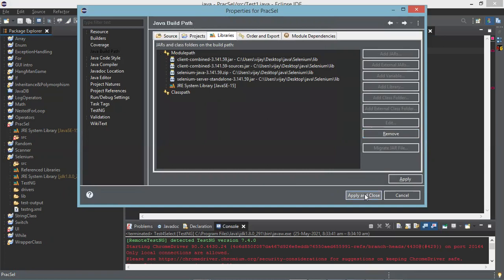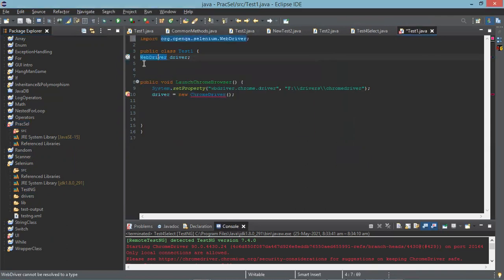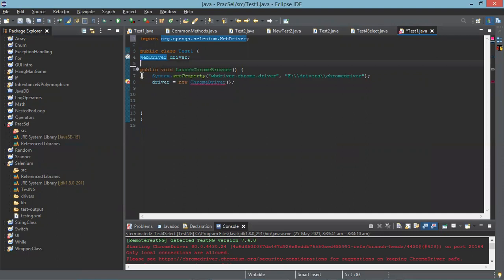I thought we don't need to do it every time we create a project. I thought once we add them, they'd stay. No, you have to add them unless it is not prompting you. Whenever you need a class, now it comes. Previously, you didn't get that. It is asking you to create a web driver. You're just referring here; we are not creating the methods. We are just referring to the method.